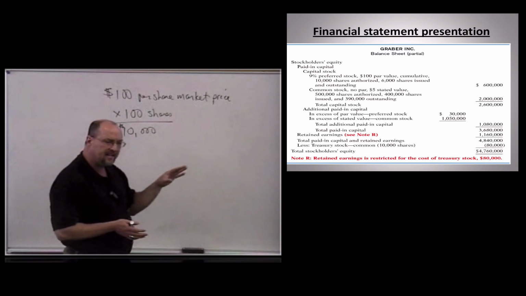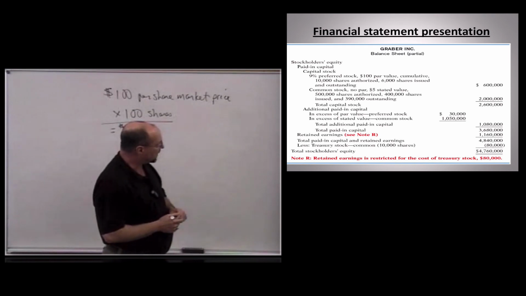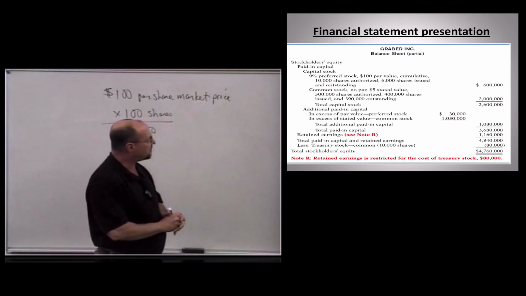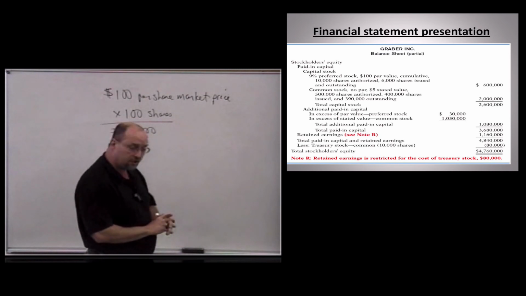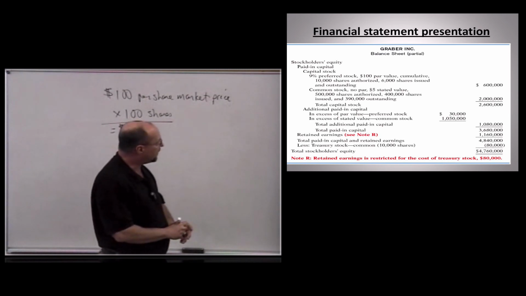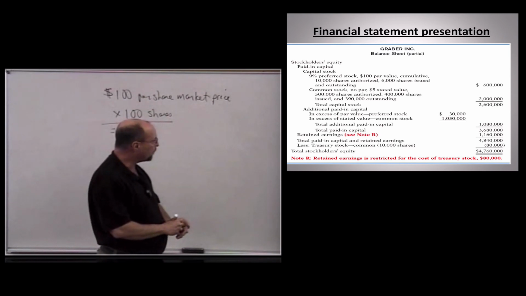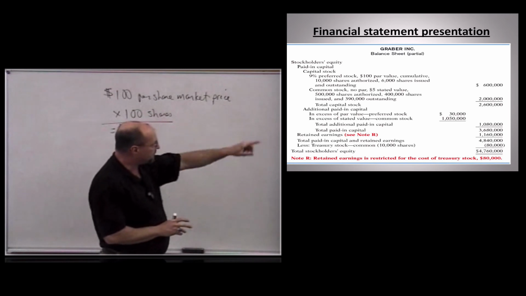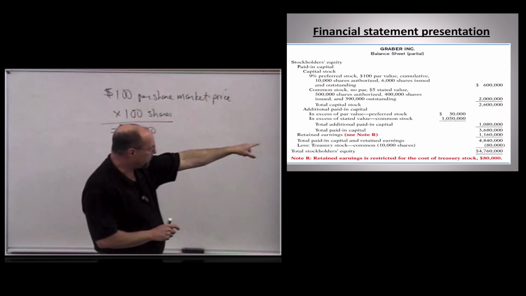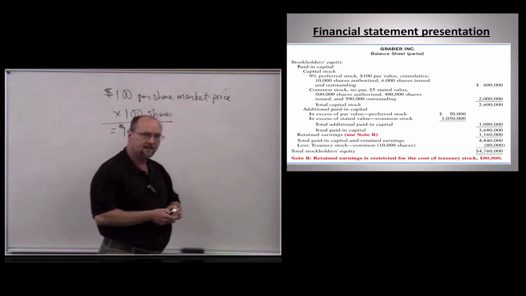And within the paid in capital section, in this example, we have preferred stock, and let's just take a look at this. 9%, that's the dividend, which is based on par value. The par value is $100 per share. It's cumulative, that's a nice feature. 10,000 shares authorized, 6,000 shares issued and outstanding. Okay? And so notice, we credit the preferred stock account, number of shares issued times par value. And if you notice a little further down, we have additional paid in capital for preferred stock. So the market price was actually a little bit higher than the par value.